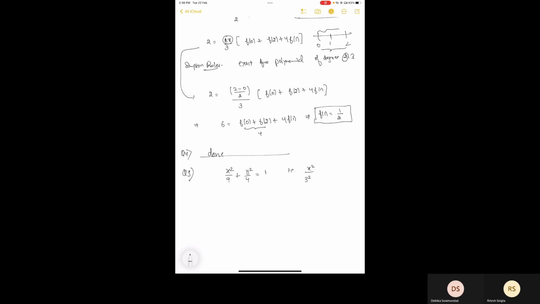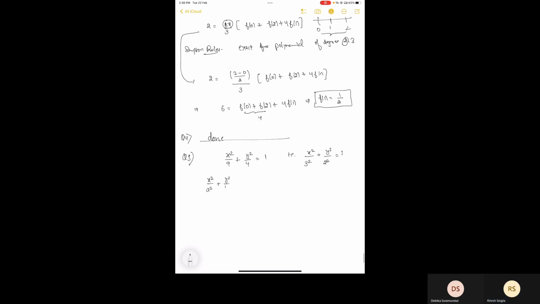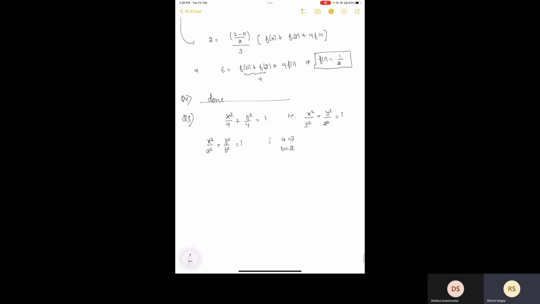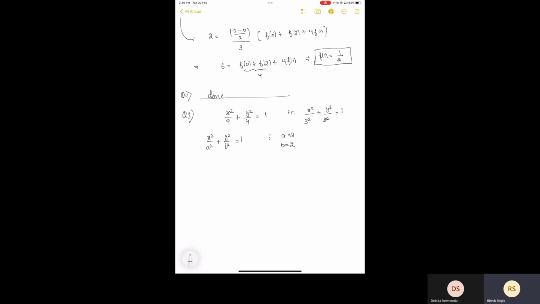That's x square upon 3 square plus y square upon 2 square is equal to 1. So if I compare it with the general equation, my a is nothing but 3 and b is nothing but 2. In order to find the length of the ellipse, or length of any function, the usual formula is this: integral of root of 1 plus dy by dx whole square dx. This is the formula which we use,